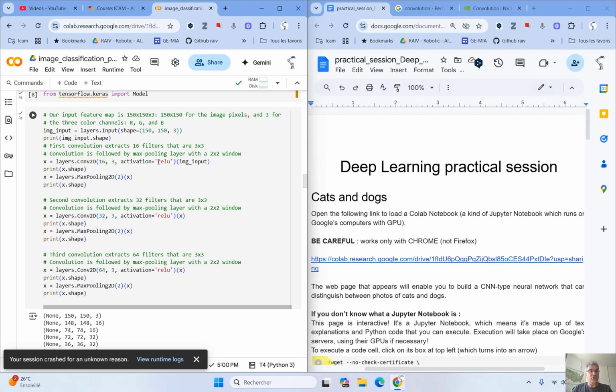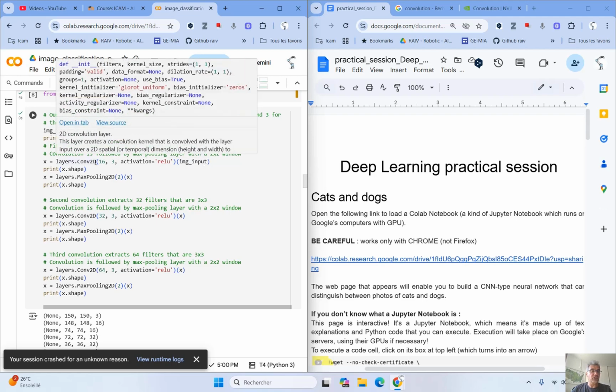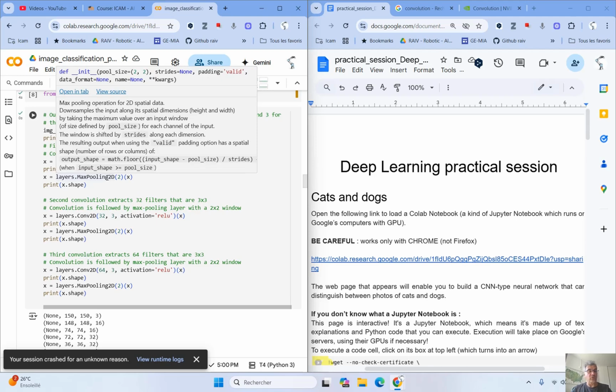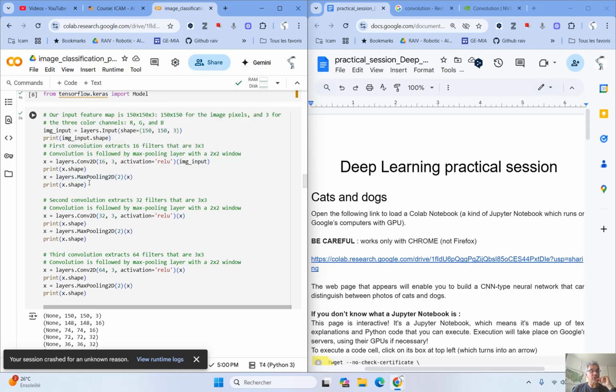For the activation function, we choose to use the ReLU. So we send this input image as an input to the convolutional 2D layer, and then we get the output in the X variable. Then we send this X variable as an input to another layer. It's a max pooling 2D. The goal here is to divide by 2 the width and height of the image.